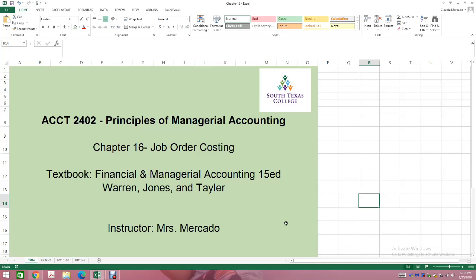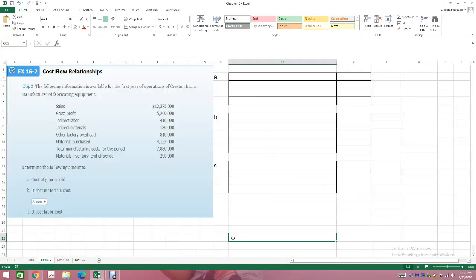So I'm going to go ahead and get started on the actual problem solving component. The first problem that we're going to deal with is exercise 16.2, which deals with cost flow relationships. It says the following information is available for the first year of operations of Creston Incorporated, a manufacturer of fabricating equipment. And then they give you the sales information of $12,375,000, gross profit of $5.2 million, indirect labor of